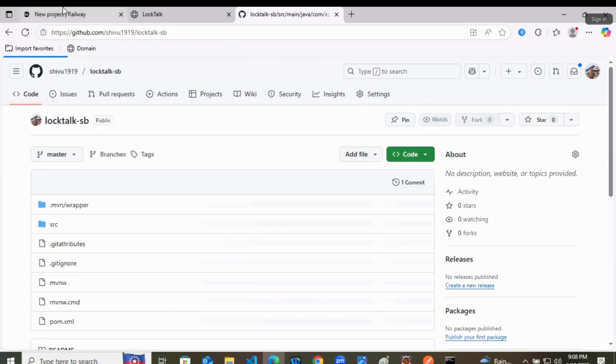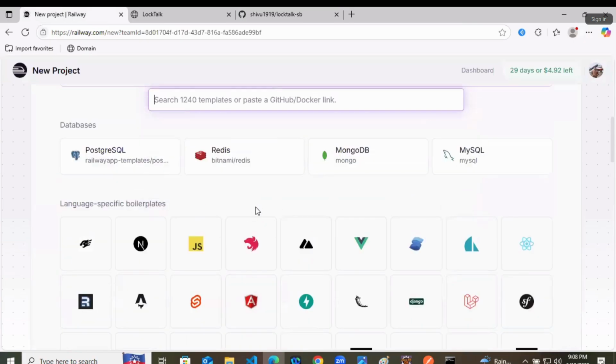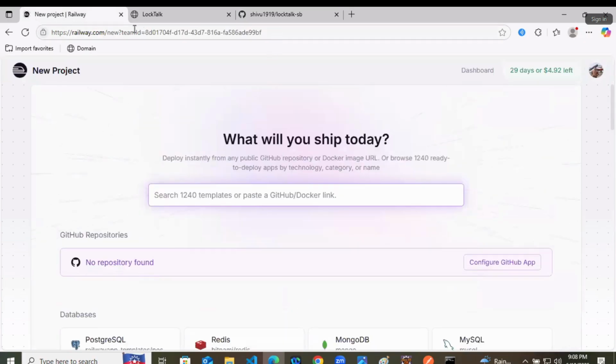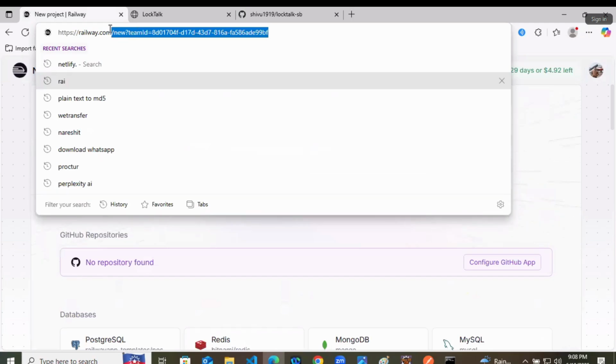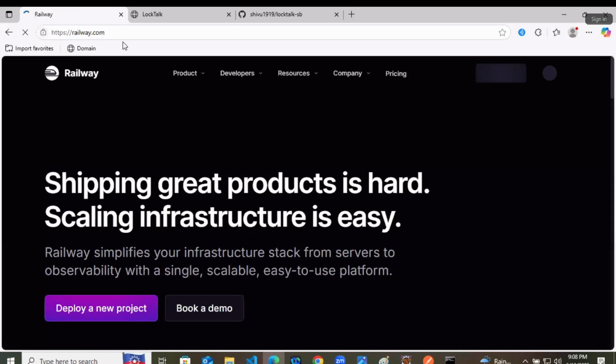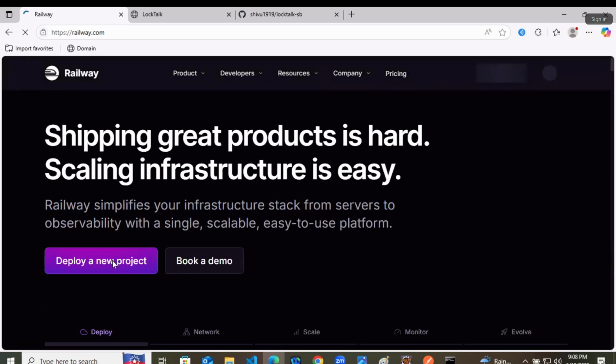Now again, we will go to Railway like this only, and let's try to deploy the application. We'll go to the home page and you will see one option, deploy a new project. Remember, if you are hosting the database, that is a service. So what you have to do is deploy a service or start a service.